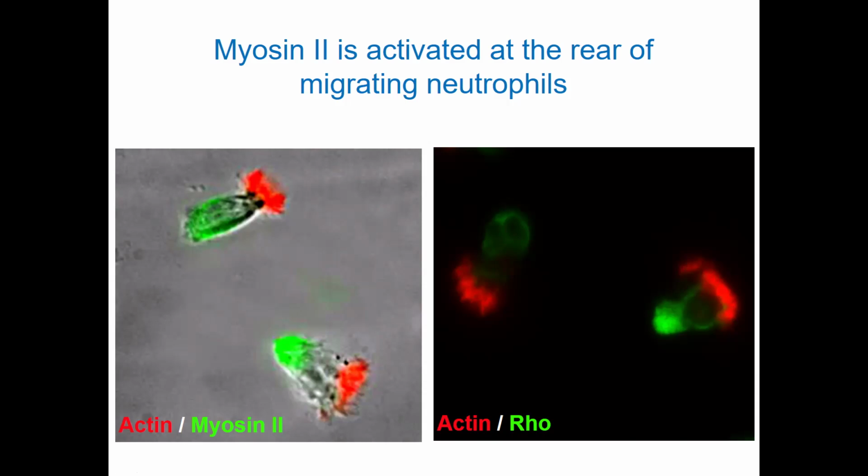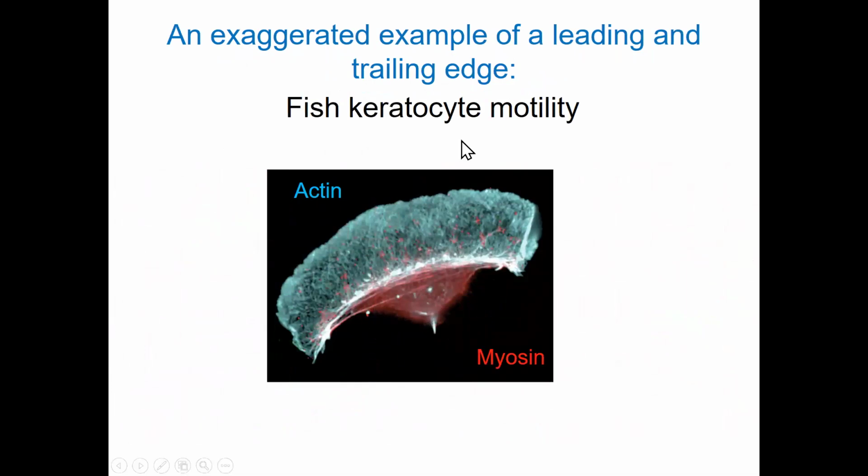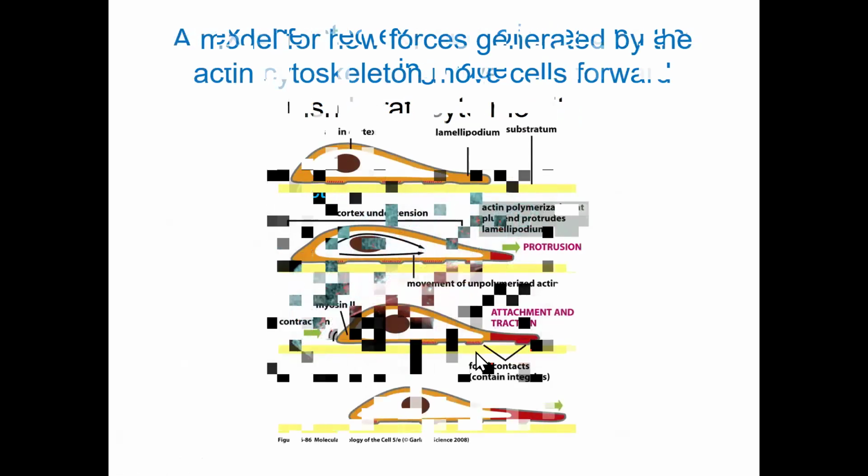These neutrophils, motile neutrophils, even in the living system, we can visualize by using a specific dye for visualizing myosin, that is green fluorescent protein conjugate, and here red fluorescent protein like phalloidin. So you can see how they work. For example, fish keratinocyte motility. Here you can see myosin and actin. You see actin, how severe branching and polymerization take place to pull the cell.